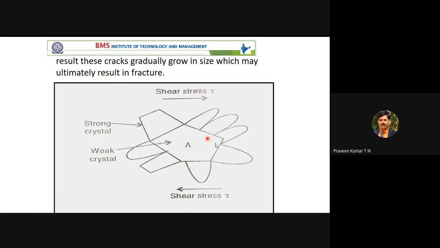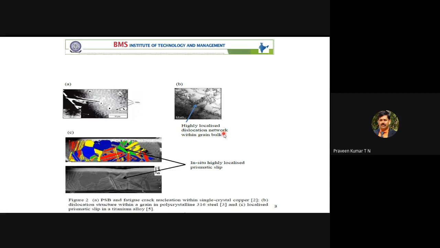Here also, even though all the grains are, you are saying, perfectly correct, there may be some grain that is weaker. Because of this weaker grain, whenever it is subject to fatigue loading, rotation or cyclic loading, a crack may generate here and it may propagate. So these are the actual photographs. It may be in terms of a few microns.